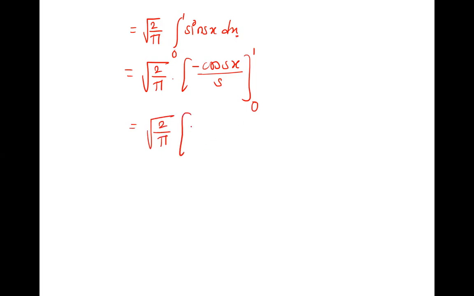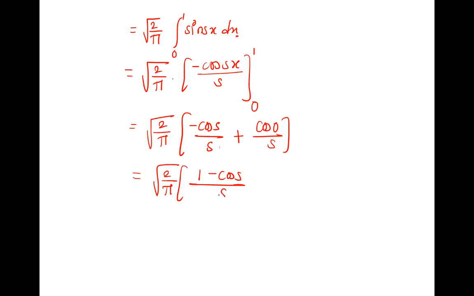So x is first 1 you are writing. So minus cos s upon s at 1. And then lower limit, then there will be the negative sign. Negative of negative will become positive. x you are writing 0, so cos 0, 0 into anything is 0, upon s. Okay, so it is root 2 by pi. What is cos 0? 1. So 1 minus cos s as it is, and the denominator is same, so you can write it together. So yes, this is your required Fourier sine